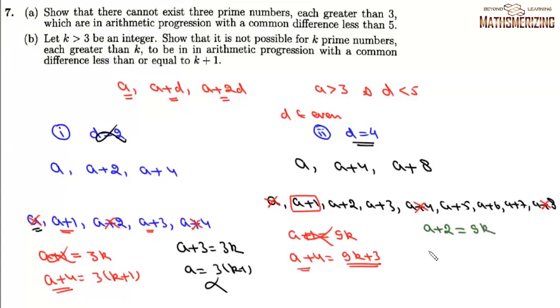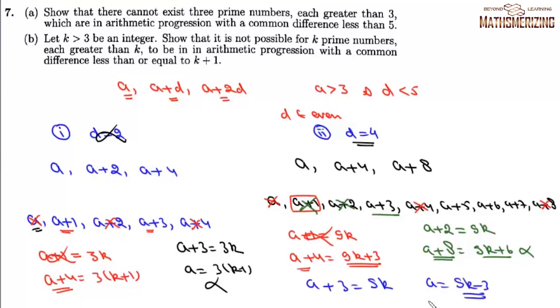9k. Now if we add 6 to it, we can write a plus 8 equals 9k plus 6, which is divisible by 3. That means a plus 8 is divisible by 3, which again is not possible since a plus 8 is a prime number. So it cannot be a plus 1, it cannot be a plus 2. If we take a plus 3, then we can write a plus 3 equals 9k, or a equals 9k minus